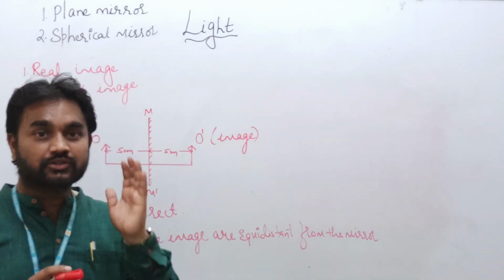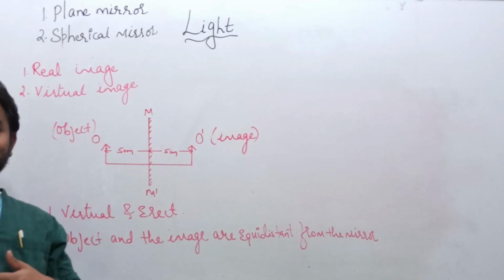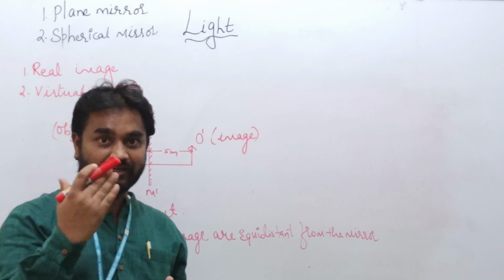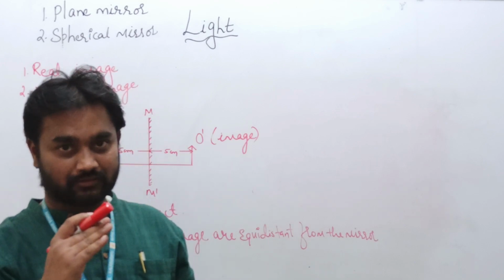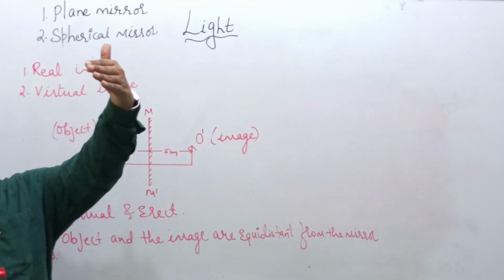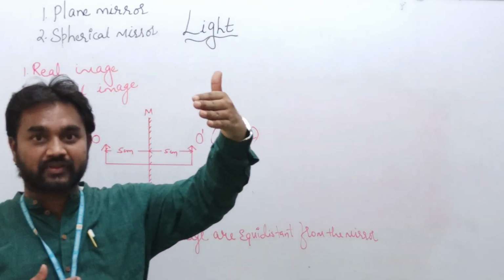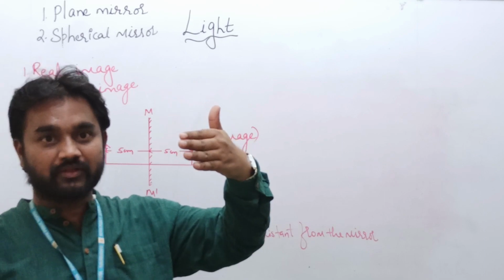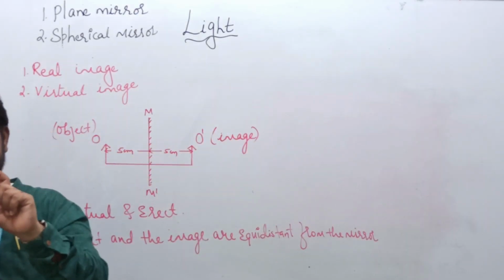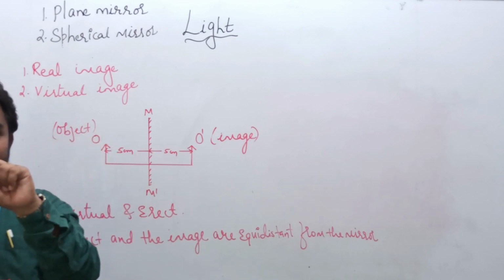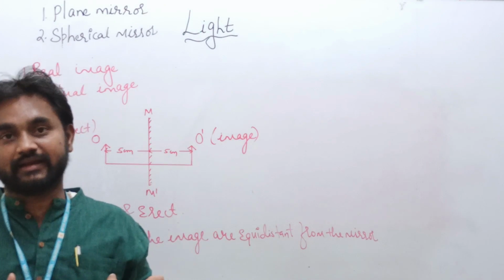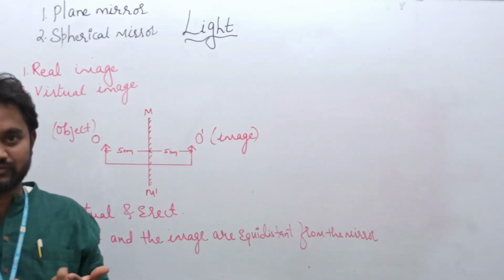Is that clear? That is the reason why the word ambulance is written in a reverse direction. It is laterally inverted while writing, because when you see it in the rear view mirror, you can read those letters correctly. If it were written the normal way, it would not be read correctly. There would be confusion.